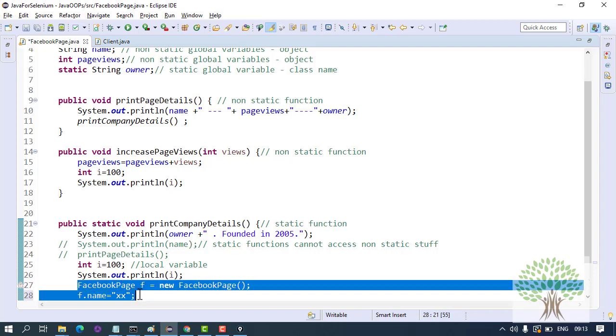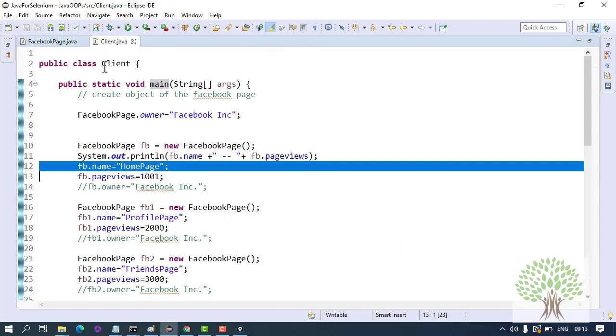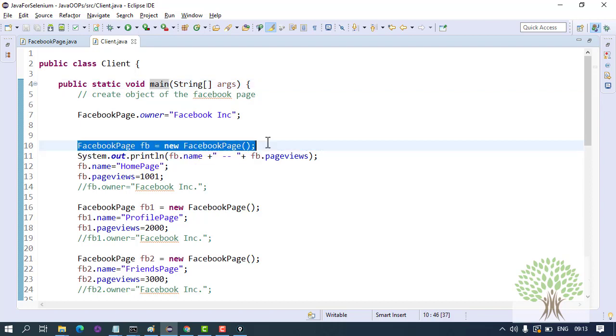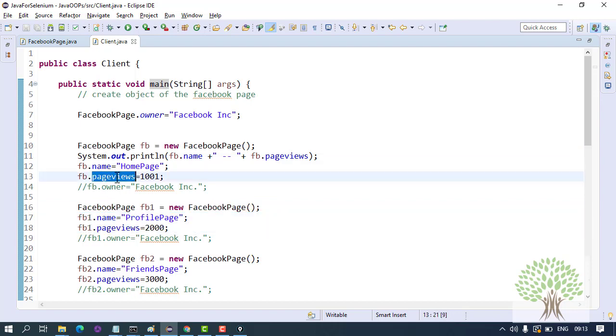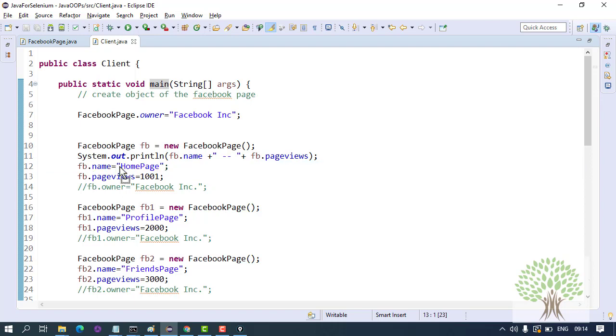Similarly, in the main function over here, I am creating the objects of the Facebook page class, and I am accessing the non-static stuff with those objects. Alright, fine. So at times people have this question: why is this main function static? The simple reason is Java will directly call it with the name of the class.